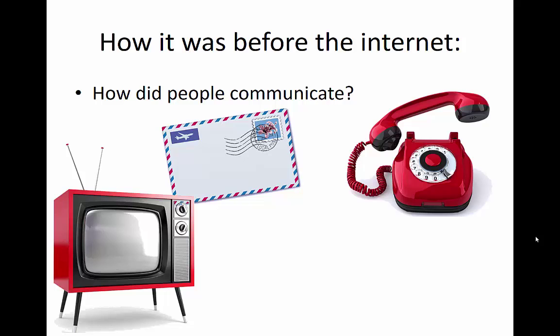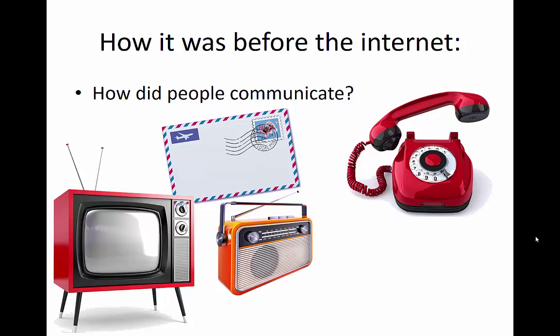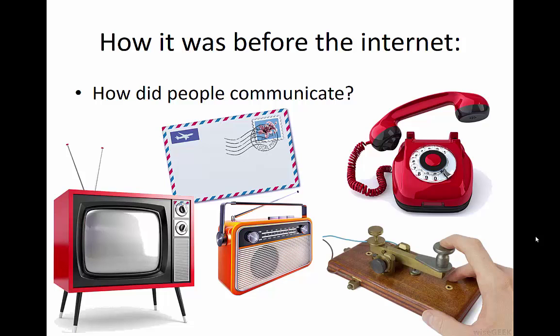Even visual information was communicated over broadcast, not even so much cable or anything like that, right? So these are all very slow, very limiting technology, and in the case of television, it's a one-way communication medium. Even older than that, if we want to get really old school, we can talk about radio, again a one-way communication medium, and the telegraph, which was two-way but very slow and was actually the precursor to the telephone